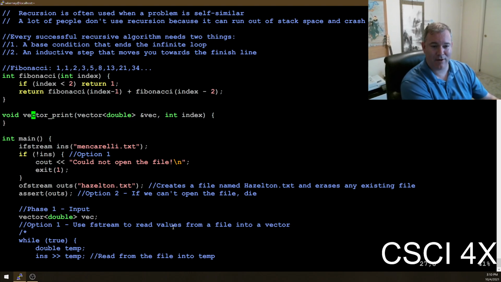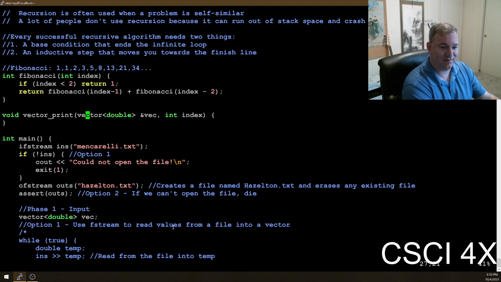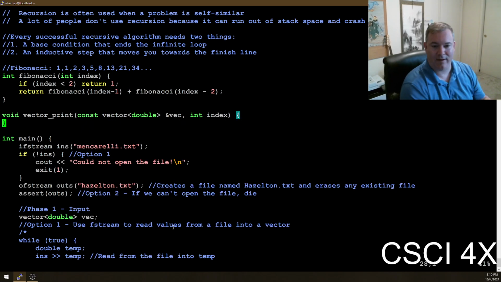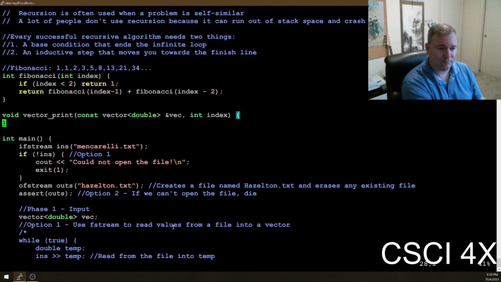But should a print function change the vector? If I'm passing my vector to a function called print the vector, would I expect it to come back modified? No. So this should be a const reference. That's my go-to. Usually when I pass a vector to a function, I'm going to pass it const reference unless I need to otherwise.